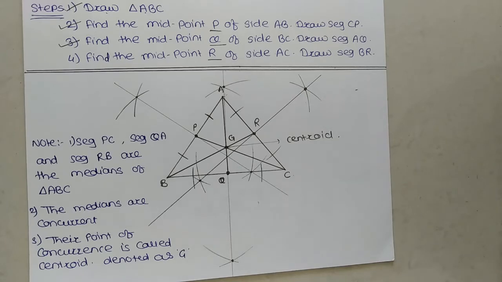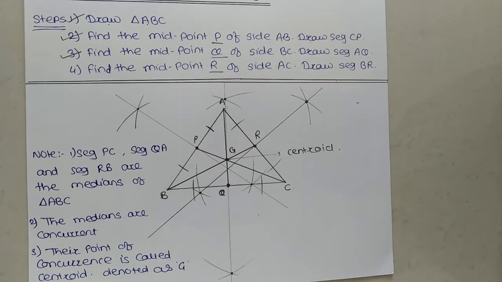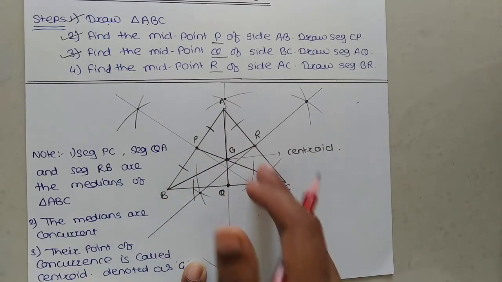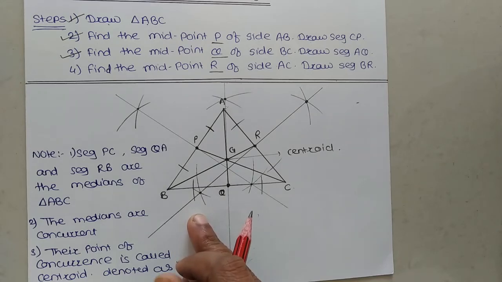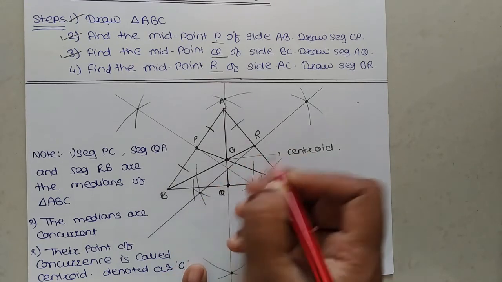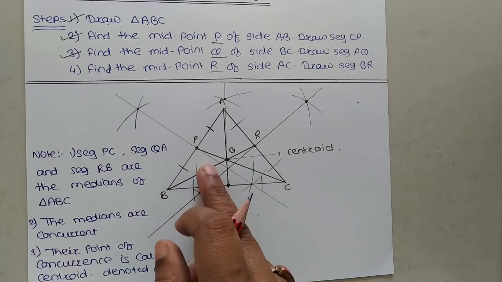Okay, how to draw the median of triangles. So in this way we have completed here the basic idea related to the median of triangle. In next video we will talk about the median of triangle of different types. That means we have to consider the right angle triangle, acute angle triangle, obtuse angle triangle. Actually this one is the acute angle triangle. The centroid of this acute angle triangle is the inside of the triangle.